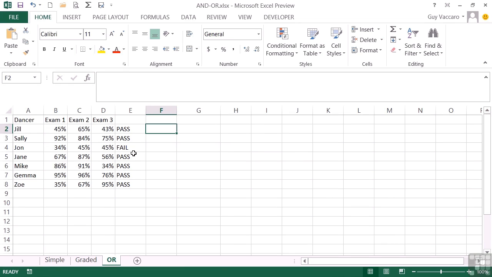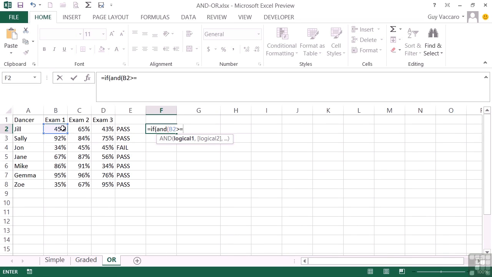What happens if they made it just that slightly bit more complicated, in that you had to pass the first one, but then you could pass either of the second 2. And this would not just get you a pass, it would get you a merit. So let's try that. Equals if, open brackets, and, because you must pass the first exam, so the first one must be greater than or equal to 0.55, comma for the second logical test,